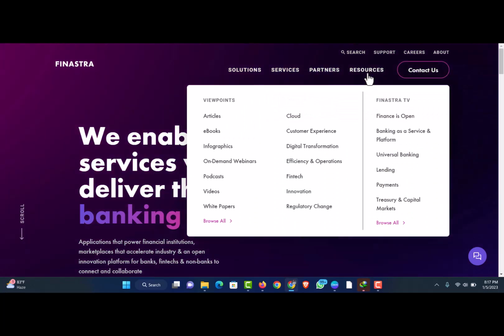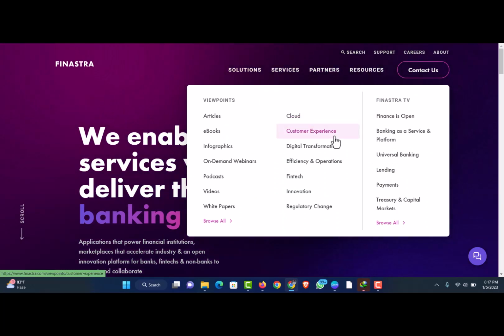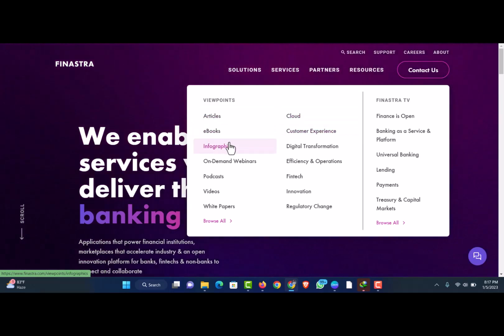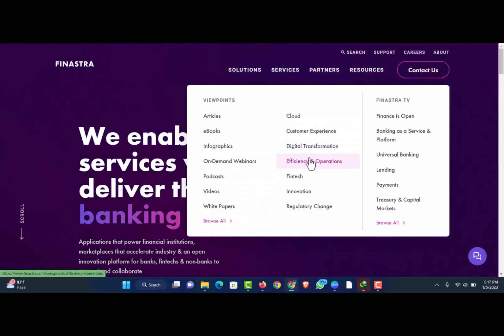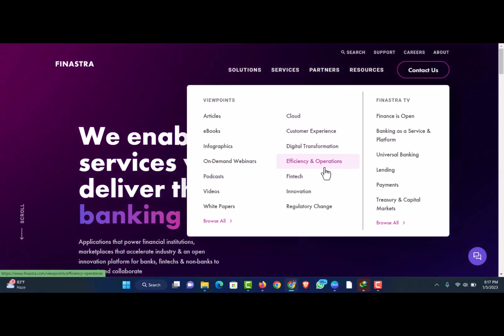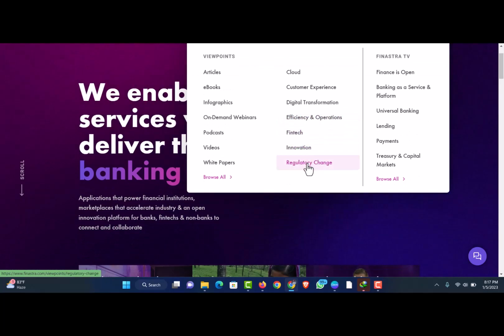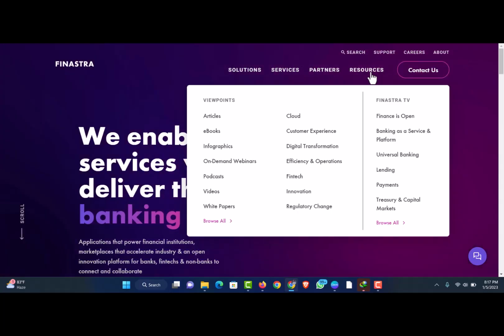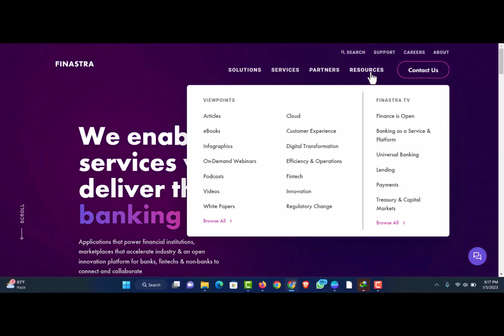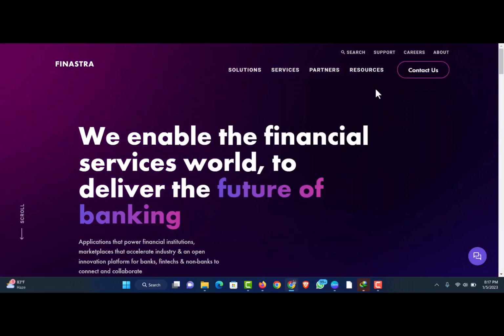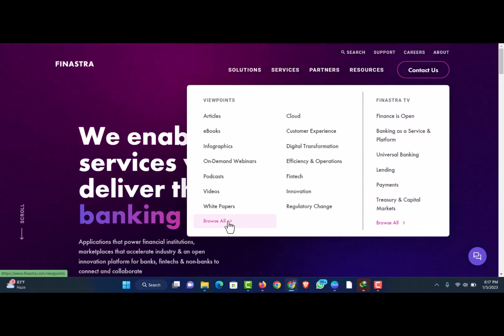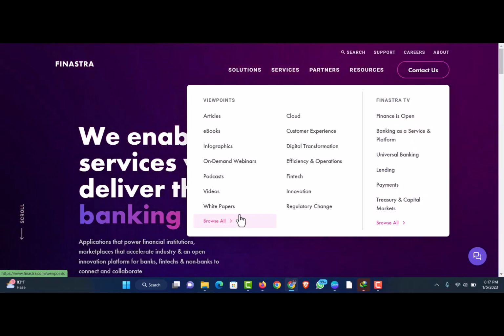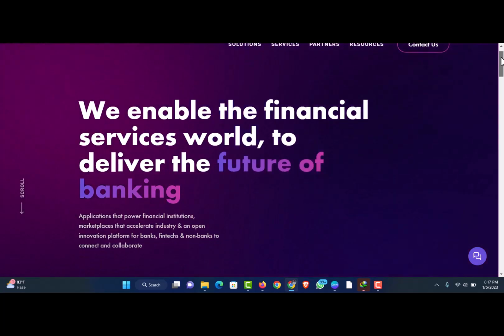And you also have the resources section, where you can get more from Finastra, with articles, ebooks, infographics, on-demand webinars, podcasts, videos, white papers, cloud, consumer experience, digital transformation, efficiency and operation, fintech, innovation, regulatory change, and some other features which you will definitely need when you are into software or loan software management. And I'm very sure you definitely need one of them. So you can also navigate through the categories. You can also browse all categories here to see which one will work for you or what exactly you're looking for. So scrolling down